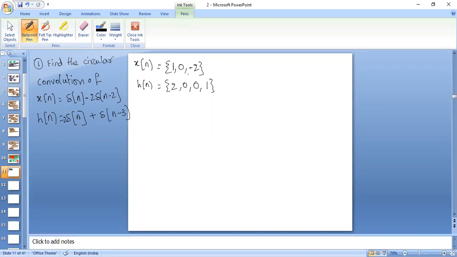See here, as I have already discussed, the length of both the sequences should be equal as long as we are performing circular convolution. Here the lengths of the sequences are not equal, so we need to add zeros at the end of the smaller sequence in order to make the length equal. So here n should be equal to the length of the larger sequence. The length of the larger sequence here is equal to 4, isn't it? So let us make the length of the smaller sequence x of n equal to 4. Clear? So now we would like to perform the circular convolution of x of n and h of n,